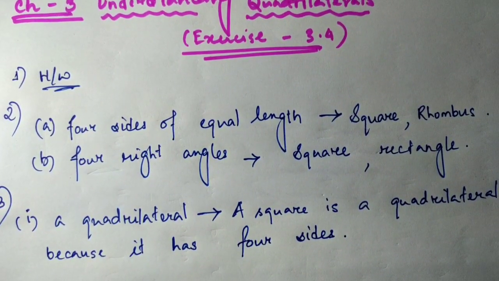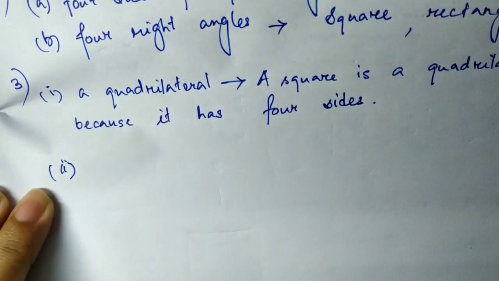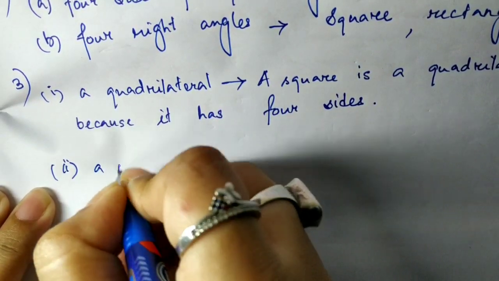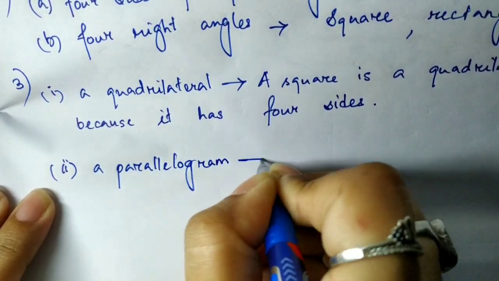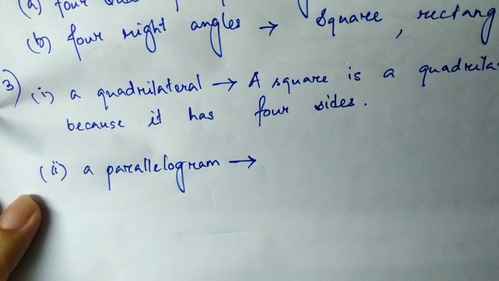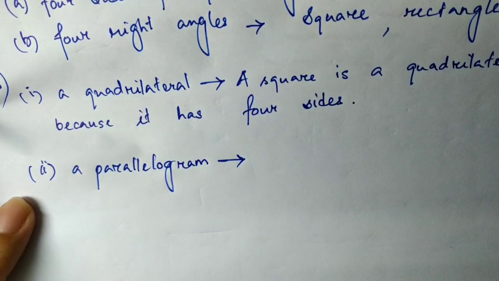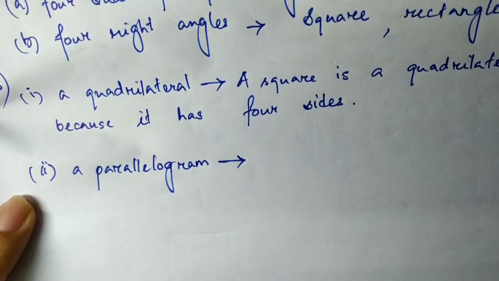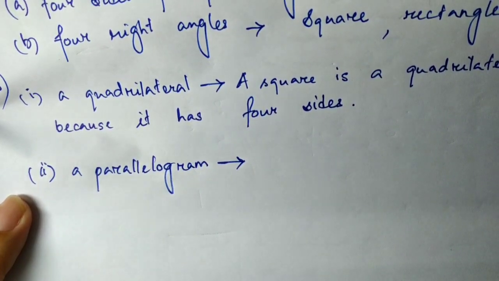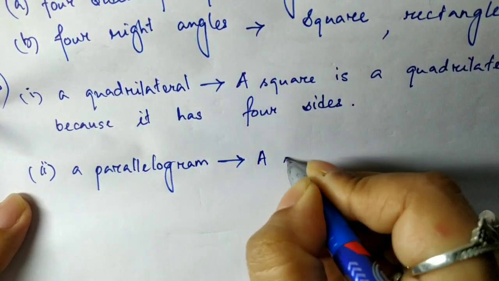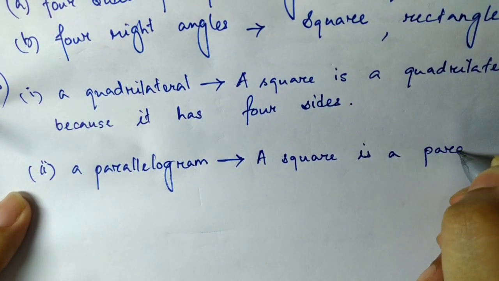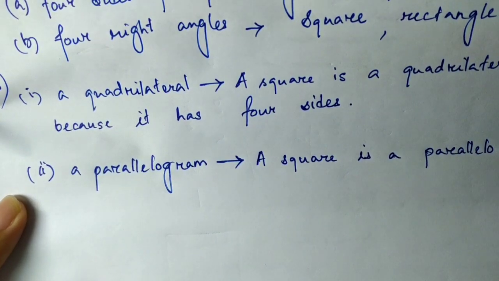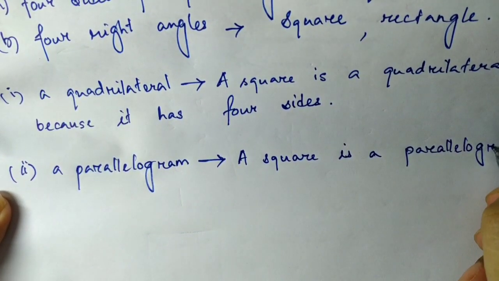Now let us move on to number 2. It's given a parallelogram. Why can you say that a square is a parallelogram? Because opposite sides of a parallelogram are equal and parallel, right? And also its opposite angles are of equal measure. In case of a square also the condition is the same. So you can write, a square is a parallelogram